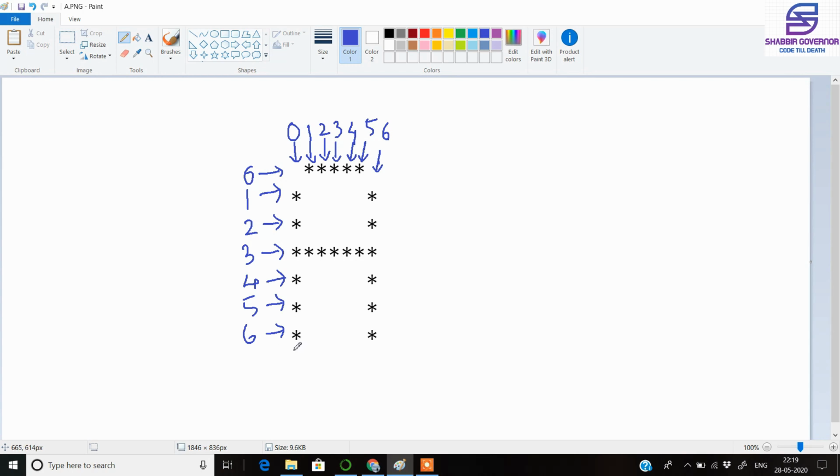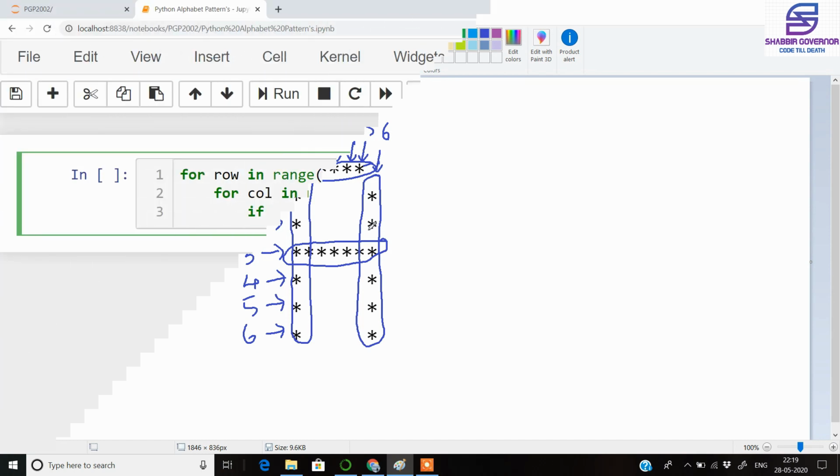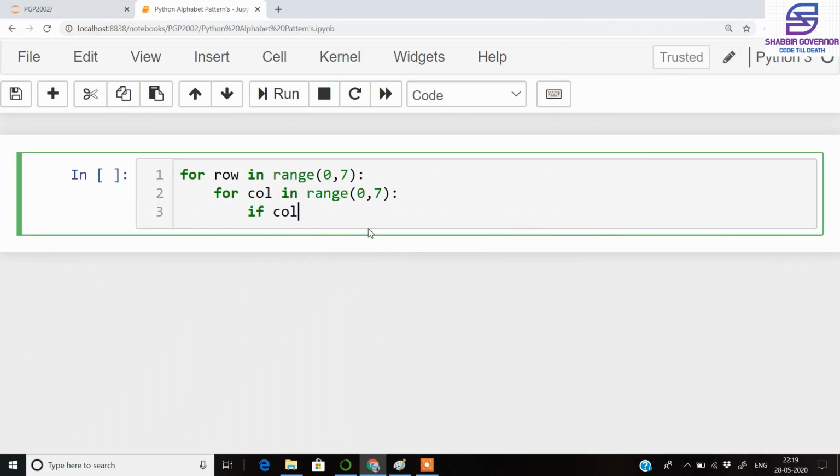Like here you can see that we need a line of stars on the 0th column as well as the 6th column first, and then we need a line of stars which is at the 0th row as well as the 3rd row. So we will write an if else condition for this thing. So we write if col is equal to 0 or col is equal to 6.